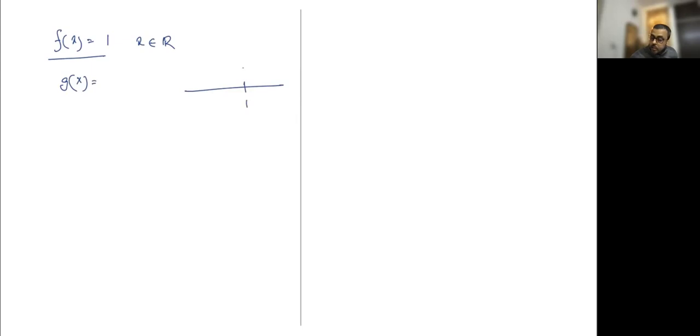So what I want is something like this. g(x) is x minus 1 if x is not equal to 1, and